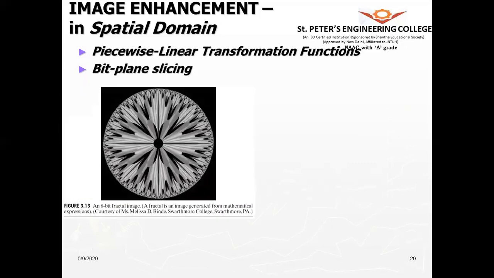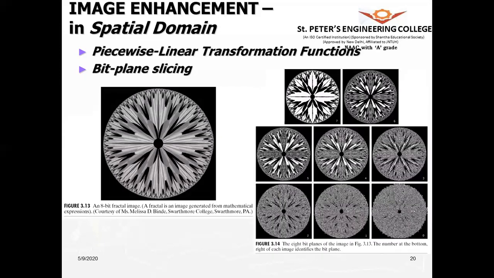Now this is an example of an 8-bit fractal image. As I said, a fractal image is an image that a computer generates based on a mathematical equation. If you observe the intensity information present in bit 7, bit 6, and so on. IGS coding uses this bit plane slicing so that you can eliminate the lower bits and represent only 4 bits. Therefore, your information is compressed and you can use it for faster transmission. So this is an advantage.